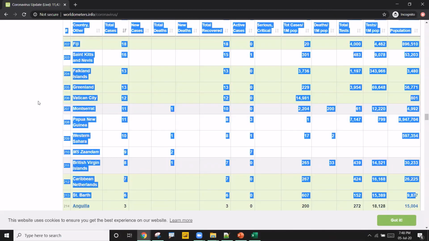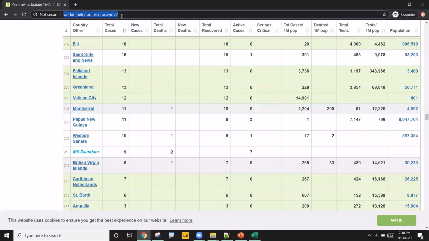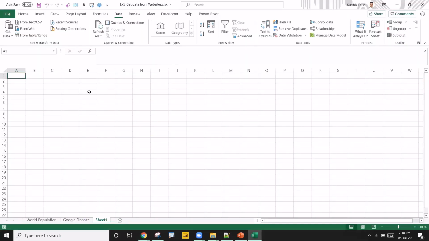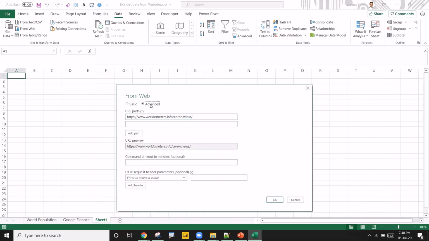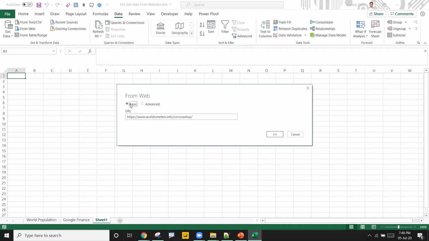No worry, we'll take the URL itself. I'll take the URL of it and go back to our Excel. Click on From Web. Once you click on From Web, it will ask you for the URL. I'll give that URL. There is something called advanced also. That is the advanced part. You can make it a parameter, you can make it dynamic.